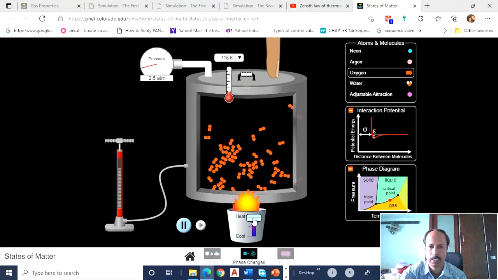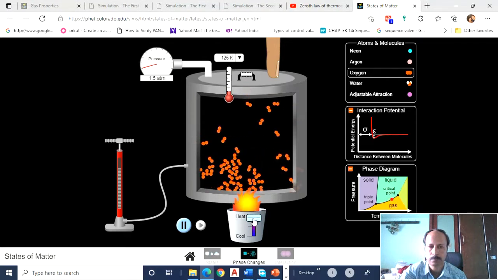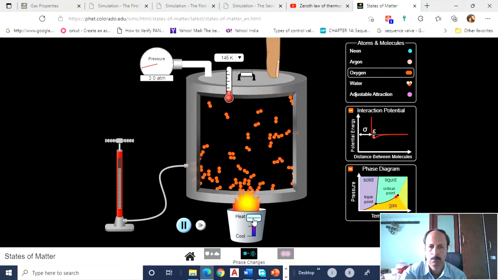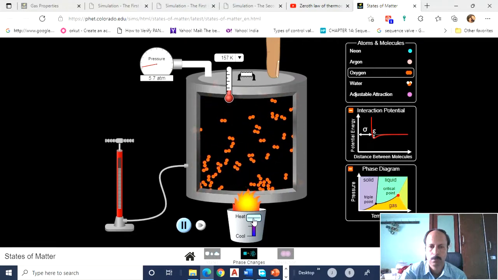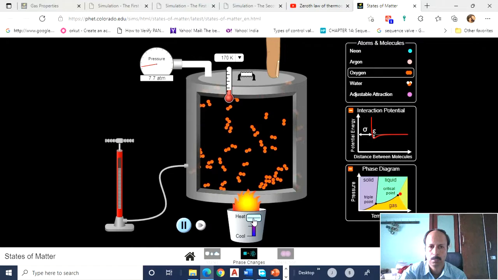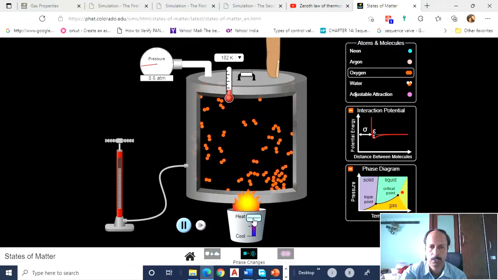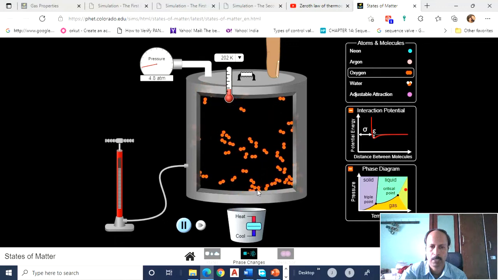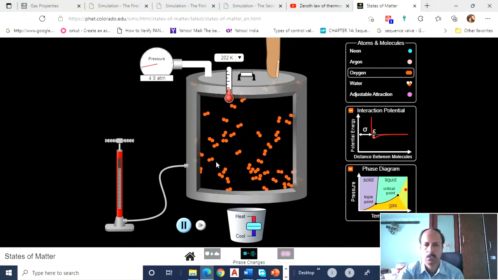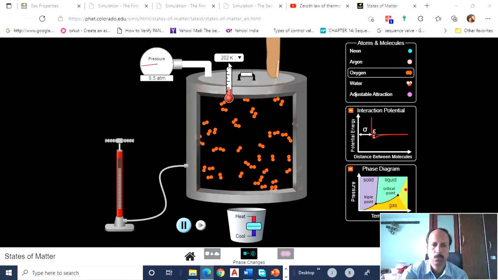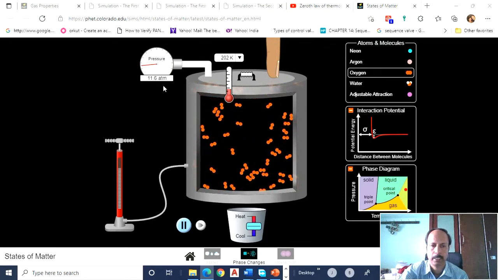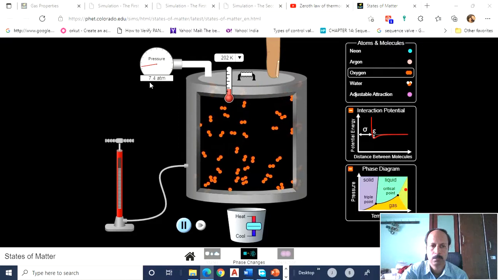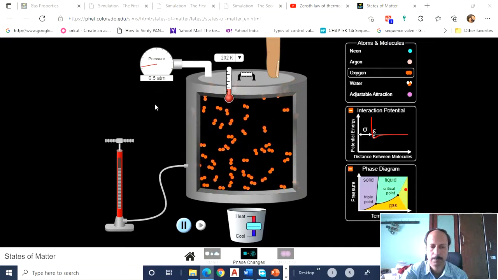Once again I will add some more heat. I will increase the temperature to around 200 Kelvin. Okay, I have increased the temperature of this oxygen to around 202 Kelvin, and the pressure is now around 10 atmosphere.